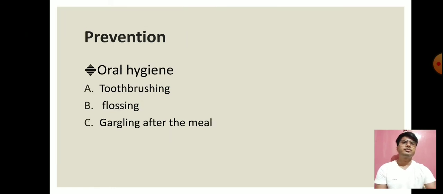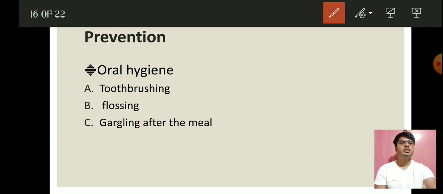Okay, and here in tooth decay, prevention is the most important. And in the prevention, basically toothbrushing and gargling after the meal, these two things are very essential and very enough, I would say. Flossing can also be done. Flossing is basically cleaning of the tooth with the cord. Okay,